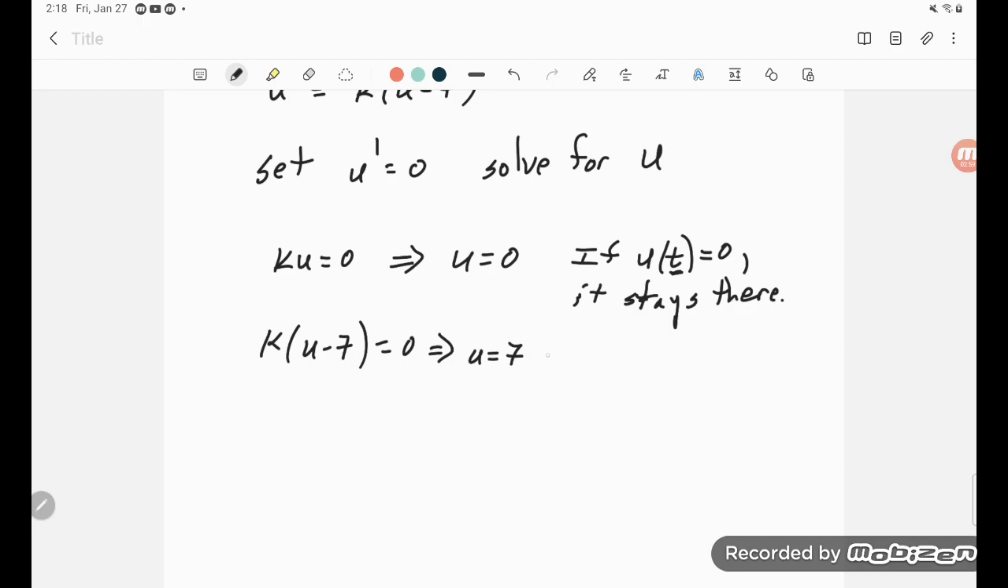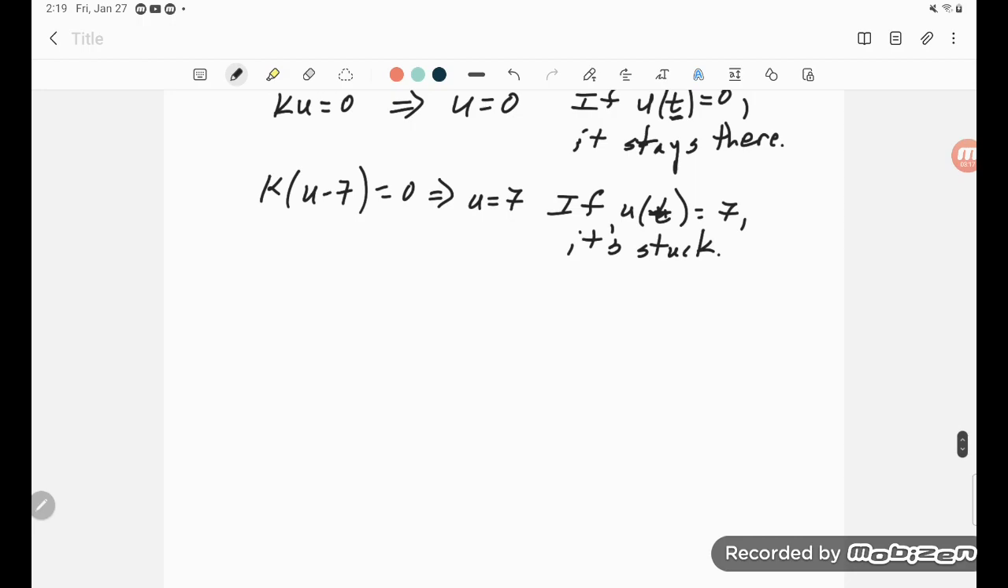Then if u of t is equal to 7, it's stuck. Okay, so we call these equilibriums. Equilibrium values for the autonomous